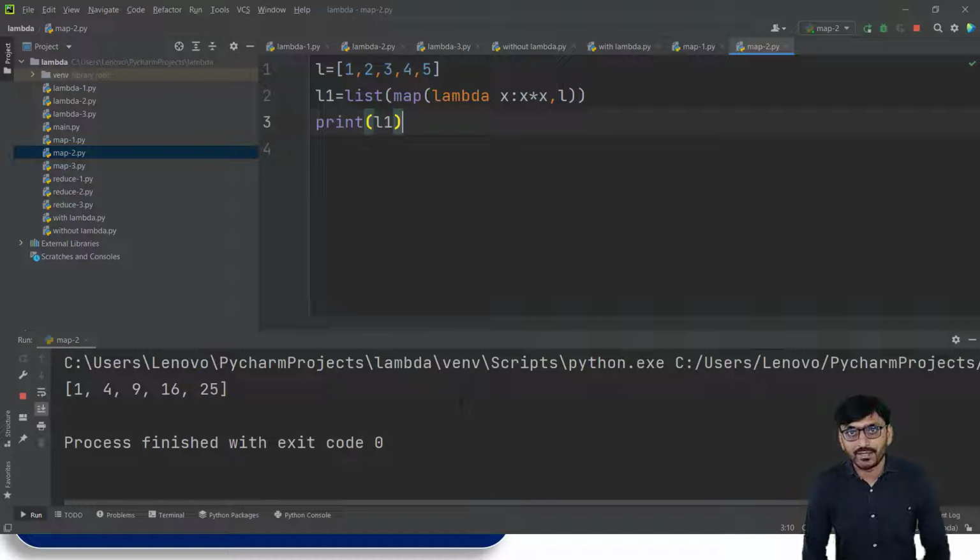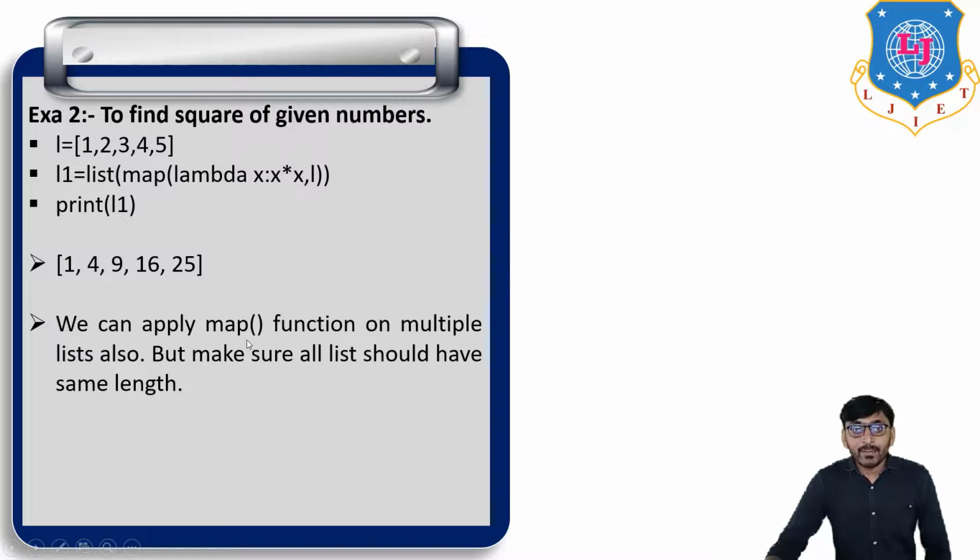5 into 5. Okay. We can apply the map function on multiple lists also, but make sure that all lists have the same length. It means the number of elements of list 1 and list 2 should be equal.